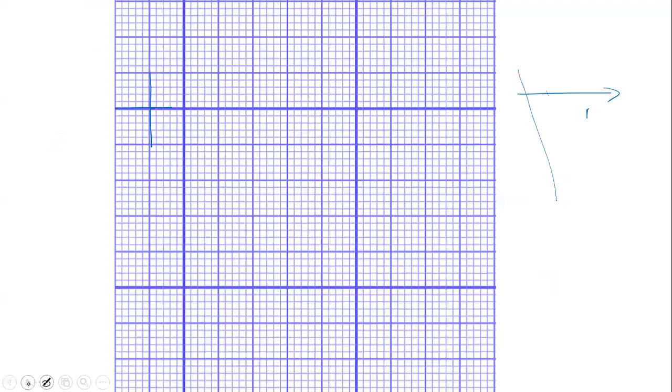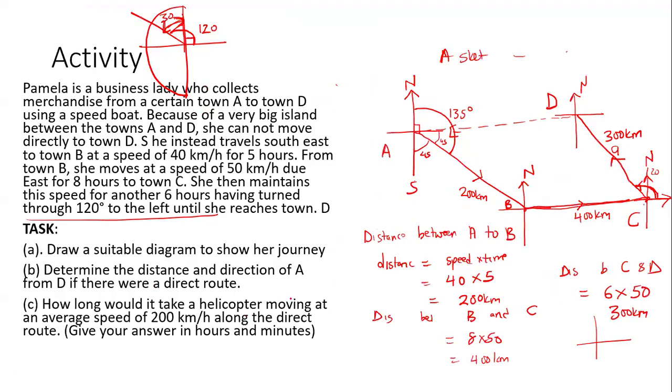Okay, now may I ask you in the chat to tell me which scale do you think we can use? We have 200, 400, 300. Which scale are you going to use? 100. Frank wants to use 150. Gilts, 100, 200, 100, 150, 150, 150. Okay, now,